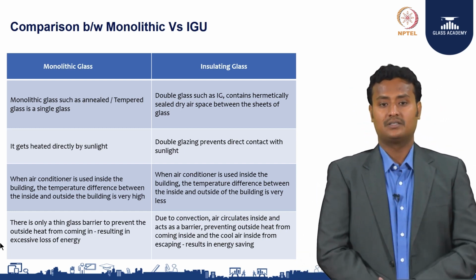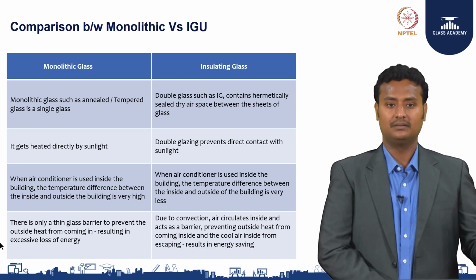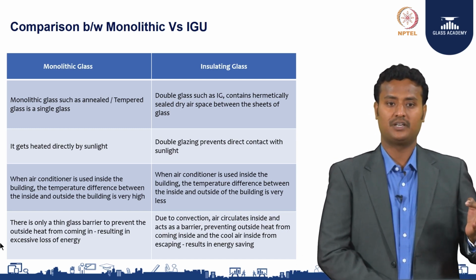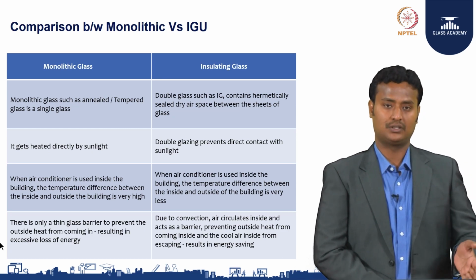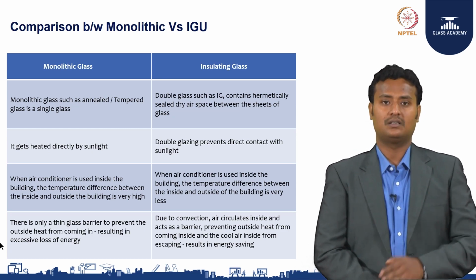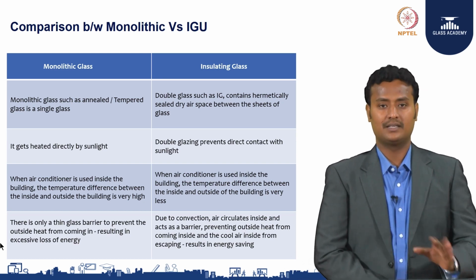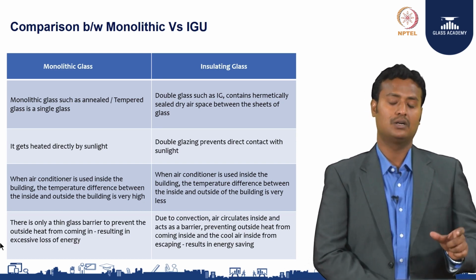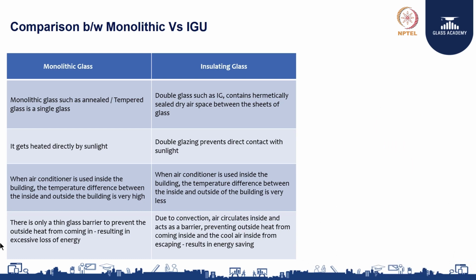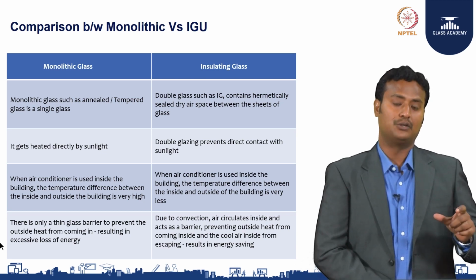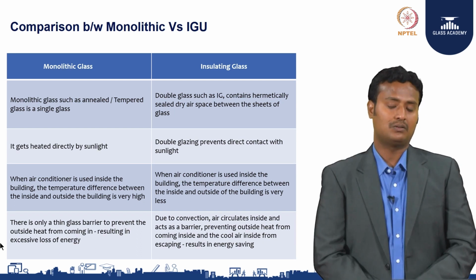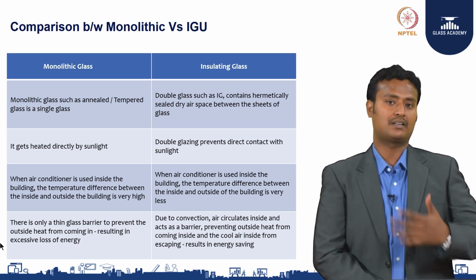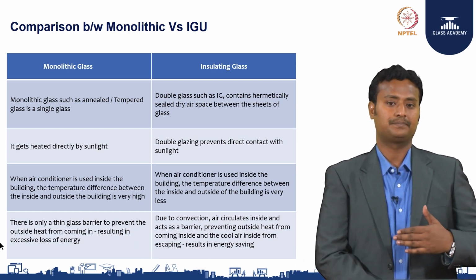When air conditioning is used inside the building, the temperature difference between inside and outside is very high when you use monolithic glass. Whereas with IG glass it is very less, because 2 or more panels are used with the separation of a unit. Either it will be air filled or it can be a vacuum. So, that will give you less